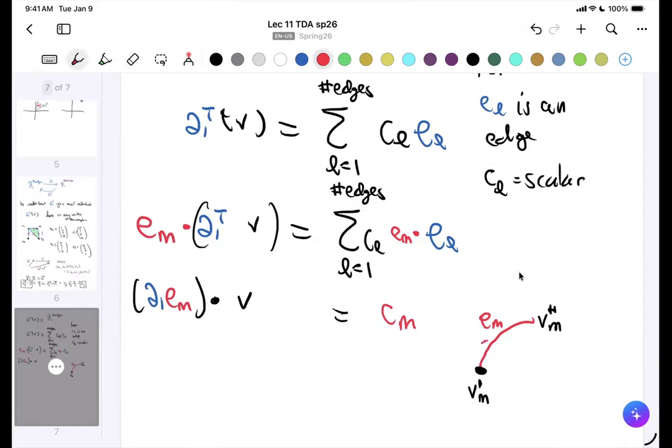I'm thinking of the edge as going from increasing index, so assuming that the one with the two primes is the one with the largest index, the boundary map on this edge would just be the endpoints of that edge, summed. So this would give you